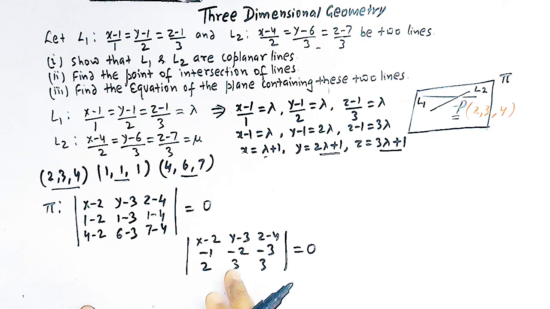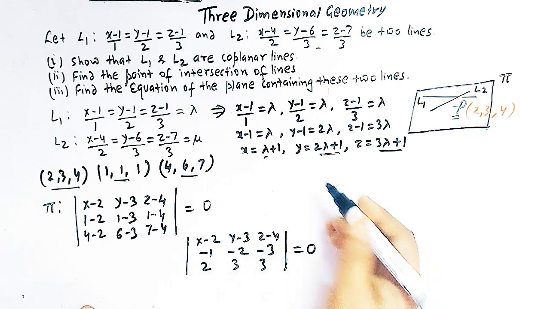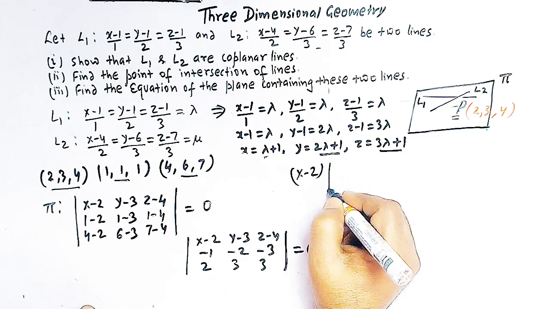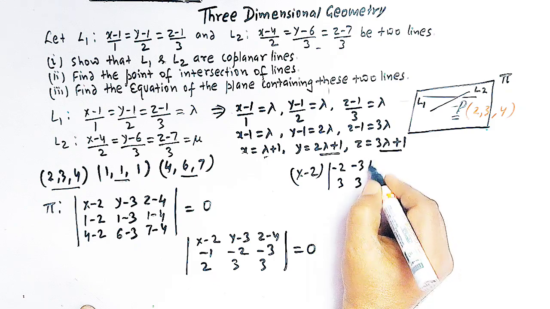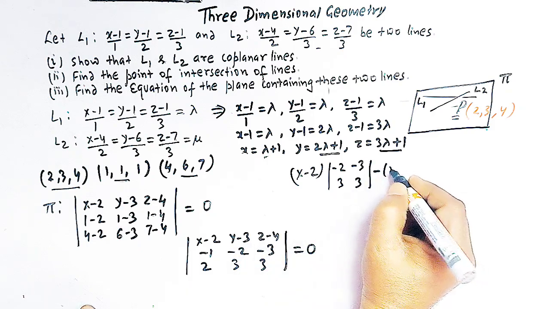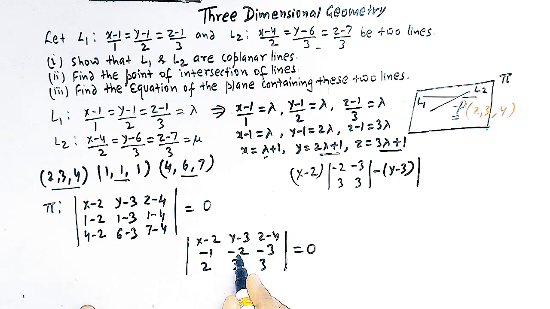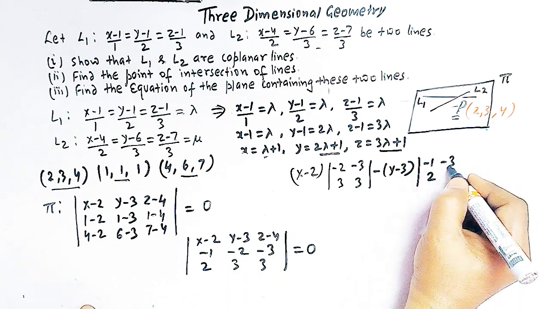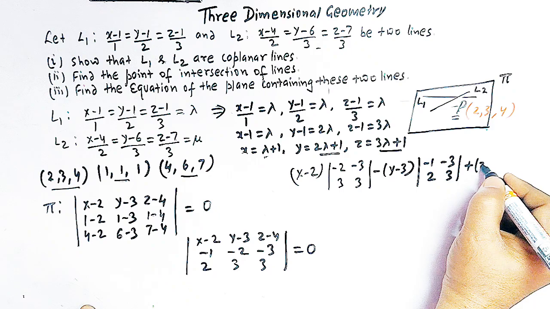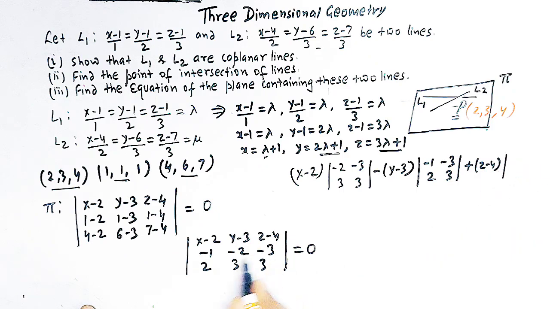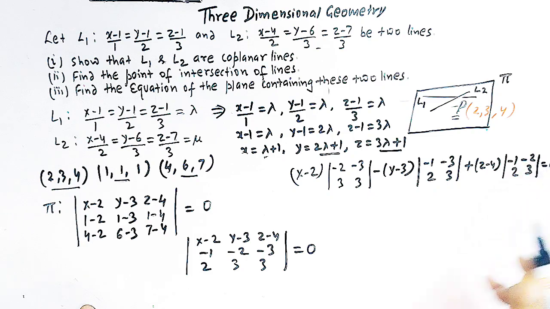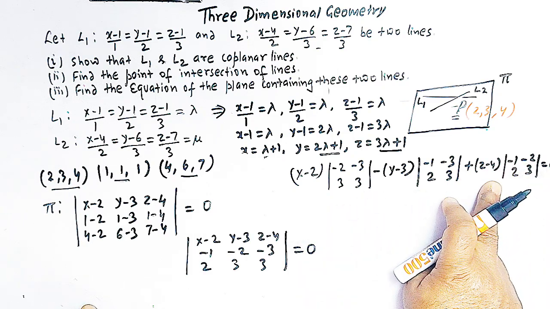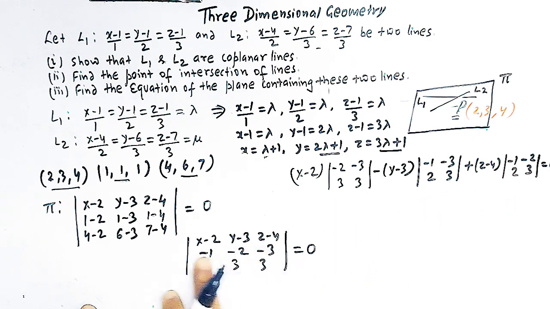So now expanding along the first row, we have x minus 2, and then we have here minus 2, 3, minus 3 and 3. Then we have here minus y minus 3, and then we have minus 1, 2, minus 3, 3, and then we have z minus 4, and here we have minus 1, 2, minus 2 and 3, right? So by the concept of cofactors and minors, we can expand this determinant of order 3